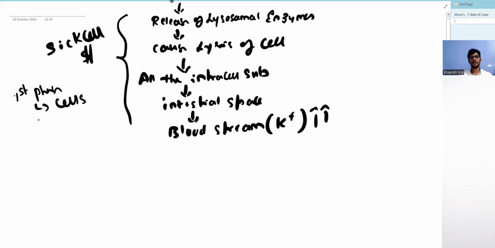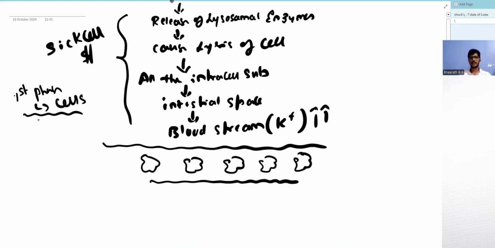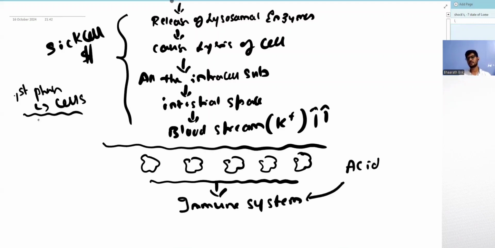Now, as we know, the human body is made up of organ systems, which are in turn made up of tissues that are made up of cells. So once this one cell is lysed, similarly, there is reduced perfusion to multiple cells in the body. So when multiple cells get lysed, they will activate the immune system. Now, this immune system is also activated by the acidosis. Remember, this acidosis resulted from the inadequate perfusion only.